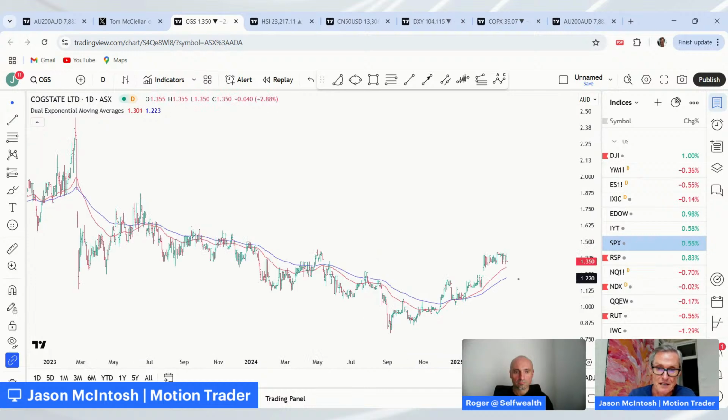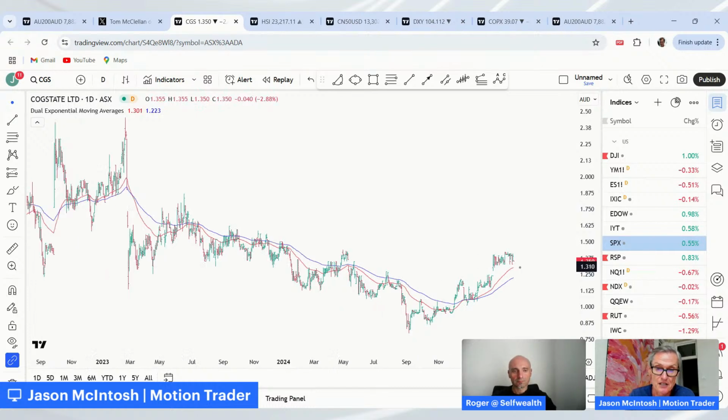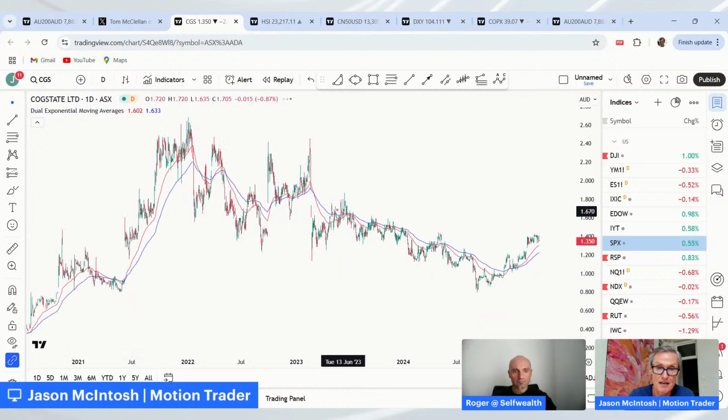So what's happened with this one here? This is on its own merits a nice structure. It's gone from below the averages to above. Here's a signal. It's a motion trader stock. First signal would have been in mid February. It's continued to trade sideways while the moving averages have caught up. It's a nice setup. It's a stock which hasn't been inflated. It's had a tough period over a couple of years, but it's starting to turn higher.